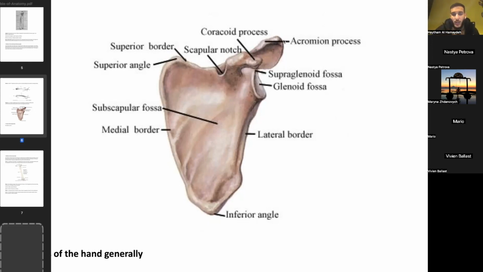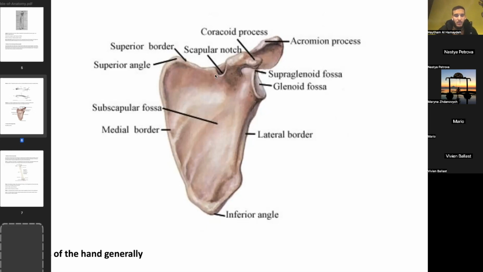Okay. So now, acromial process laterally. We're talking laterally. Acromial process, coracoid process, glenoid fossa. Then we have lateral border, medial border, and superior border. Then we have superior angle, inferior angle, and this angle, which we don't talk about. That's it, superior and inferior angle. Okay, and then we have